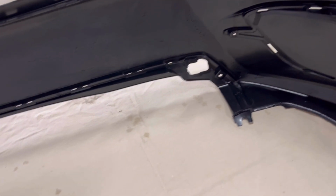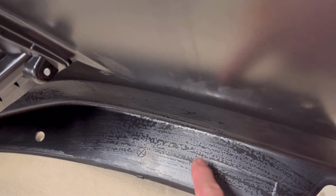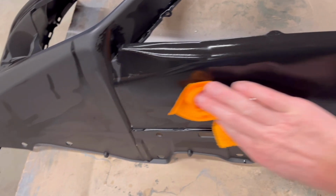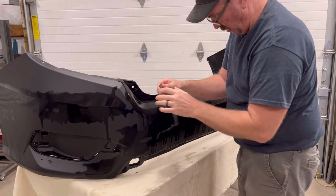So if you're wondering how to tell the difference between primered or non-primered surface, a wet rag across a non-primered surface, it's going to have this beaded water look. And you come over to a panel that has primer on it, it'll just stay wet. All right, so we're going to use this 3M Scotch-Brite gray pad. I'm going to use soapy water still. So any place I want paint to stick,